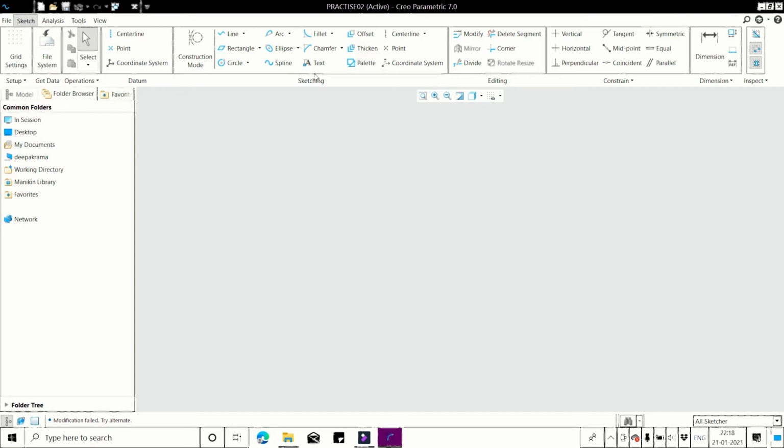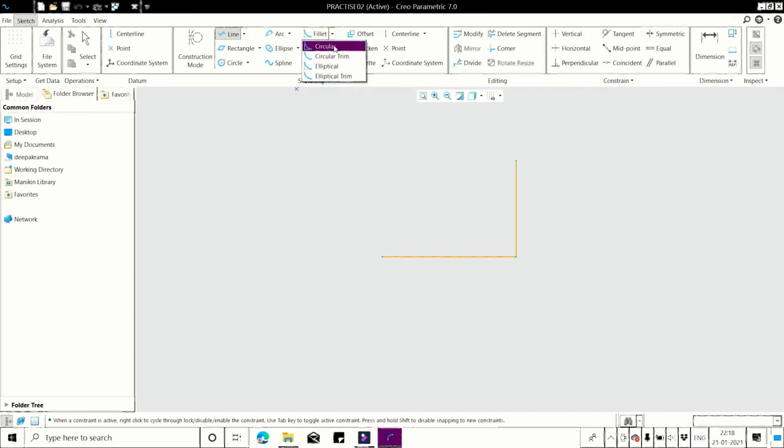How is it used? Let's see. To create a fillet, 2 lines are required, which are connected end to end.